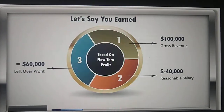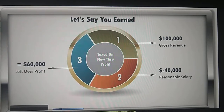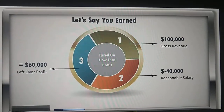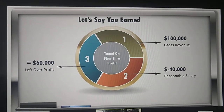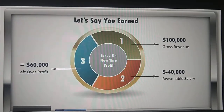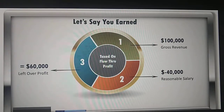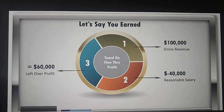And at the end of the day, what does it cost you to file a corporate return with payroll, with tax planning, with the miscellaneous filing fees here in the state of California? Let's say that on average it costs you about $2,000 to file a corporate return, to maintain it, to run payroll, to file all of the necessary filing fees and the documents each year annually. Let's call it $2,000. Well, if it's saving you $9,200 on $100,000 in net revenue, I think it